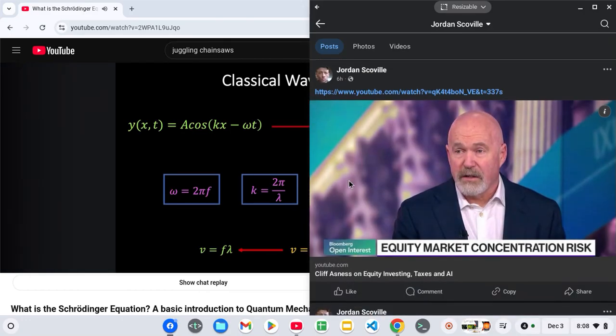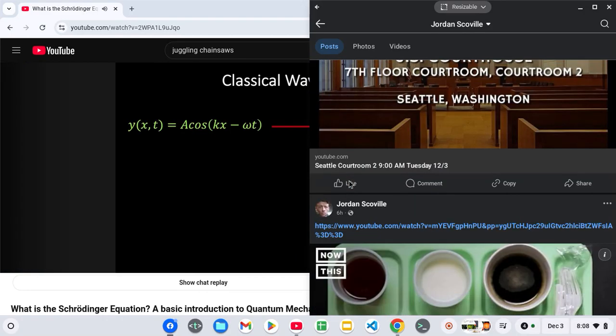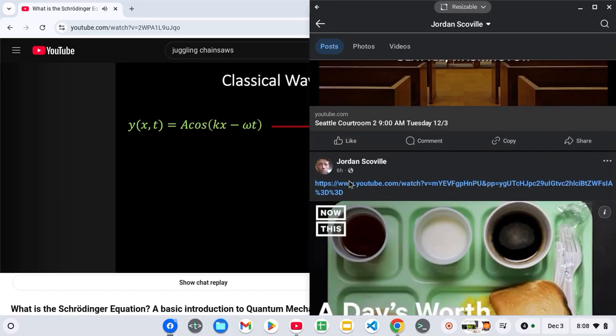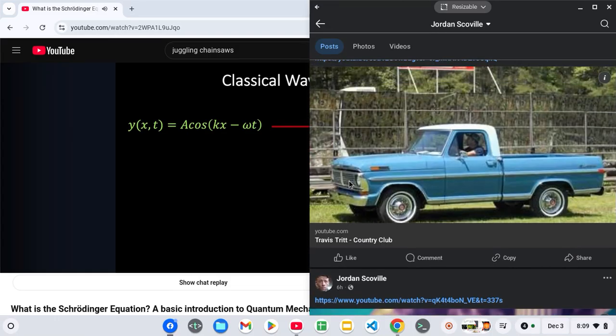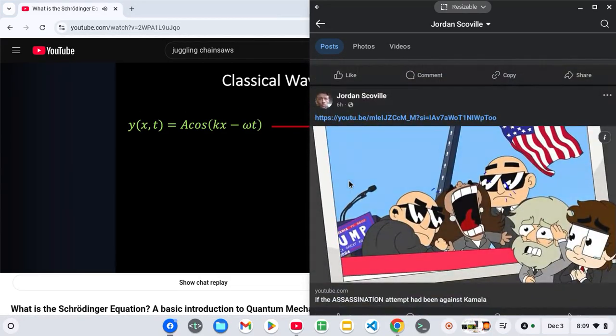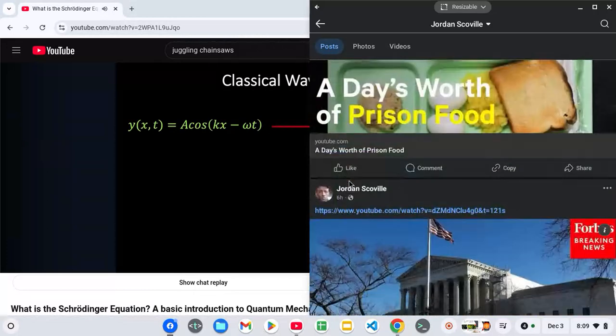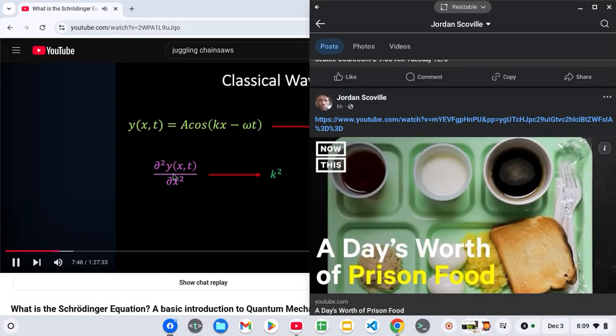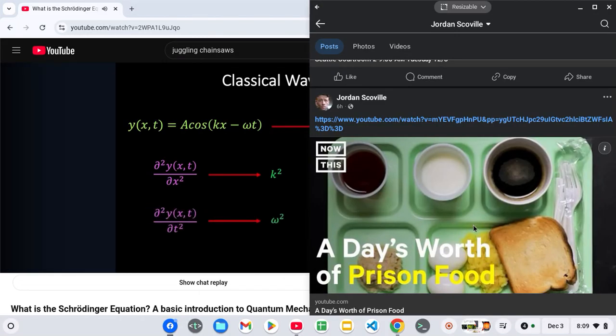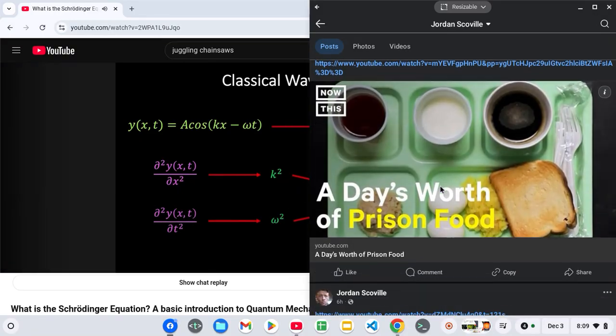Now, it's worth emphasizing a few points at this stage. We see that the structure of the wave equation has ensured that the expected wave function is indeed a solution, and it's also ensured that we arrive at the correct relationship between velocity, frequency and wavelength. This can ultimately be traced back to the fact that when we differentiated twice with respect to space, we got a factor of k squared, and when we differentiated twice with respect to time, we got a factor of omega squared, and therefore we found that v squared equals omega squared over k squared, from which it followed that v